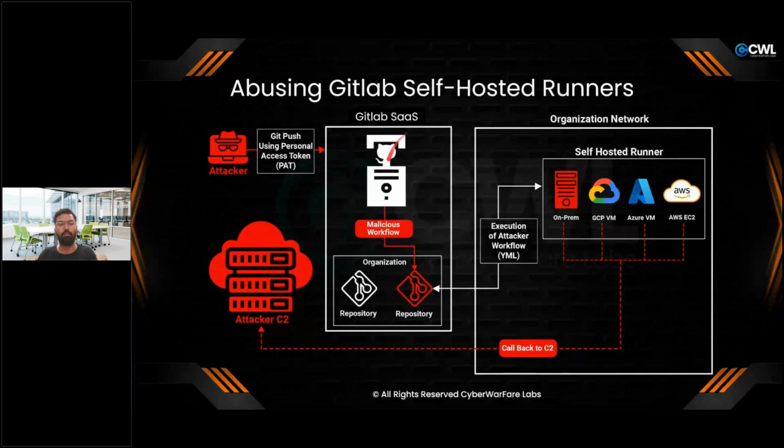So here we have this SaaS platform, and we have the malicious workflow. Using the PAT, the attacker can push some backdoor code into this particular repository. That code will create a malicious workflow, and this repository will then move forward to the organization network, right? So this is how things look, we have a network which basically contains